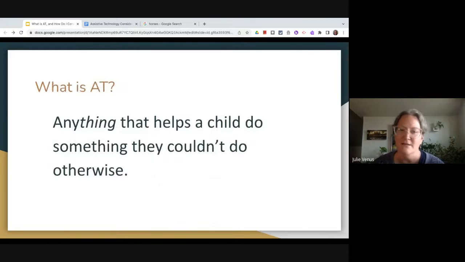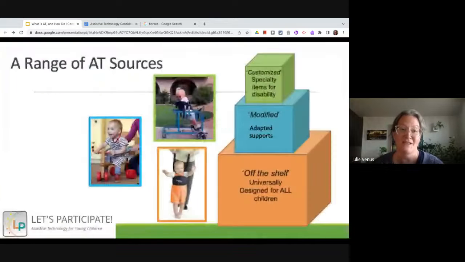That's long legalese, but the general idea is that anything that helps a child do something that they couldn't do otherwise, and if it's something that a child needs to do a task, that then becomes their assistive technology. So it doesn't have to be something that's specially ordered from a super specialized category. As you'll see on this slide here from Let's Participate, which was a 5-year program funded by the Office of Special Education Programs, the OSEP,